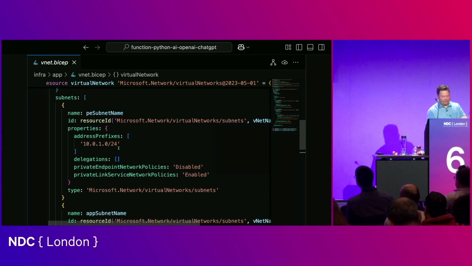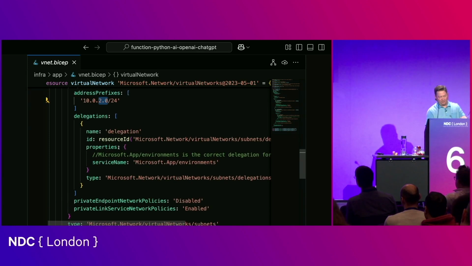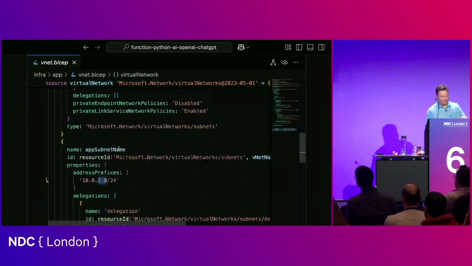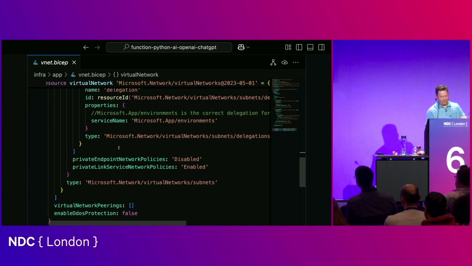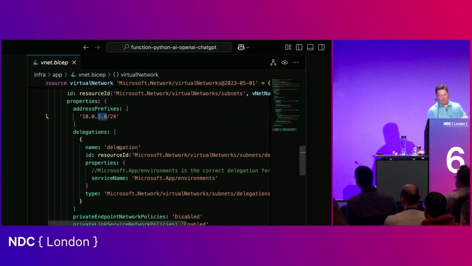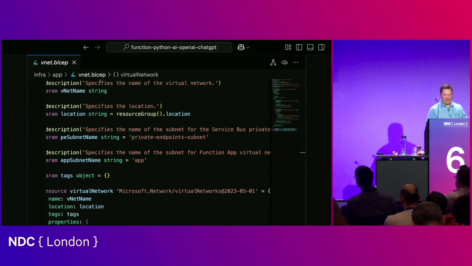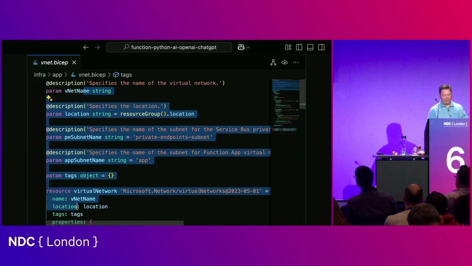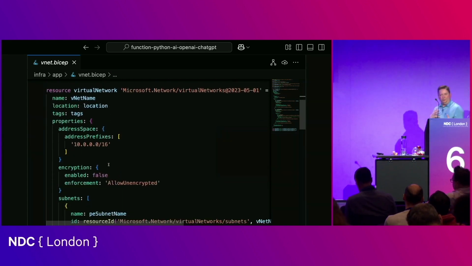Then each of the dependencies, whether it's storage or AI, we give it a new subnet. There are more things we have to do. We have to enable the private endpoints so that you can call that DNS name, and it will reverse proxy you into that endpoint. It's a little bit of heavy lifting, but with this template, this is what you want to do, and it's repeatable literally for every host service and every dependency that you have.